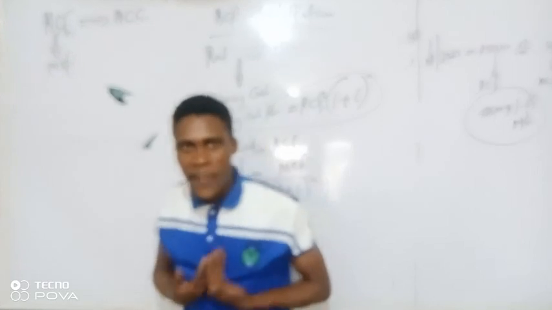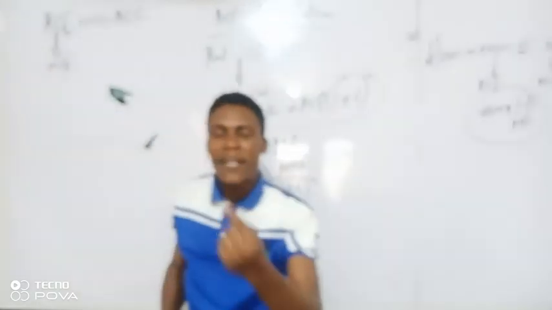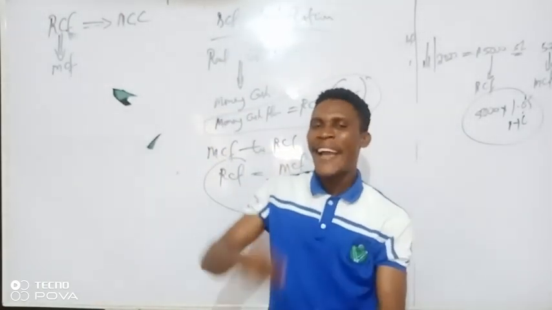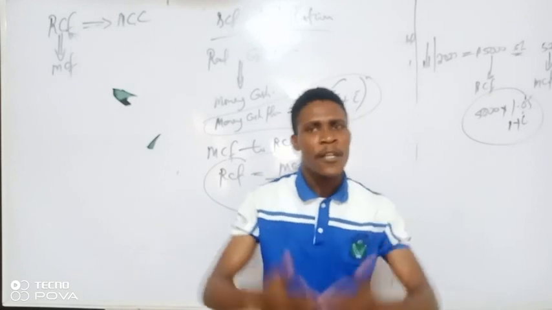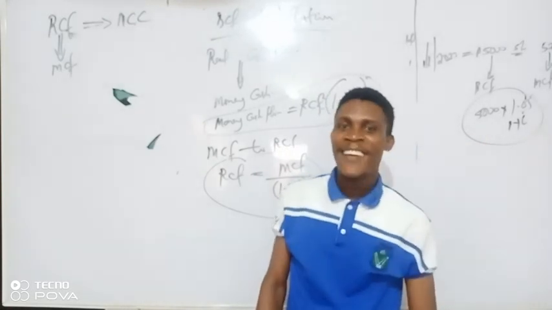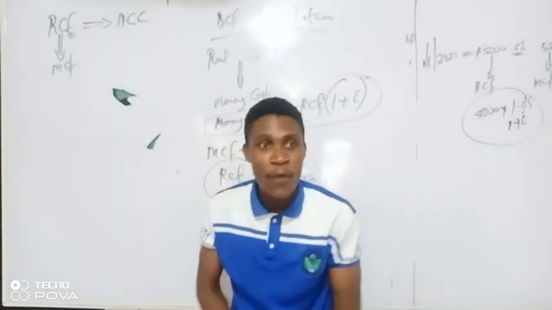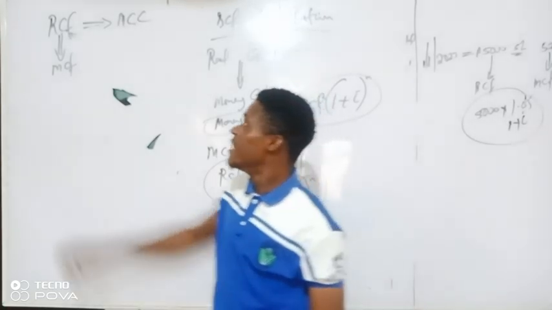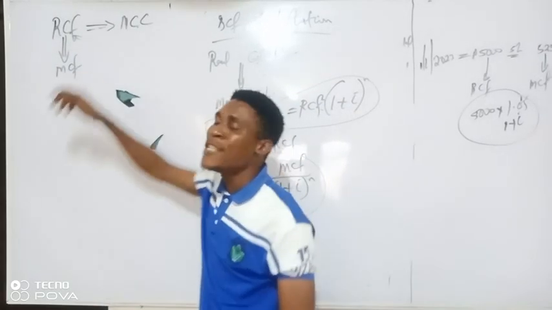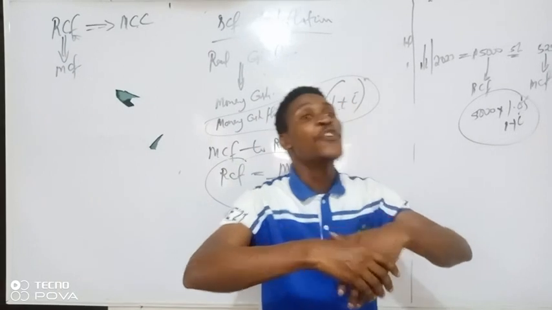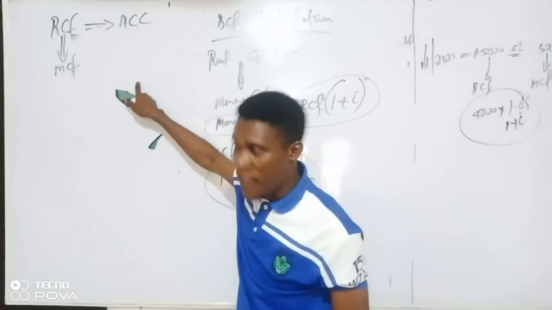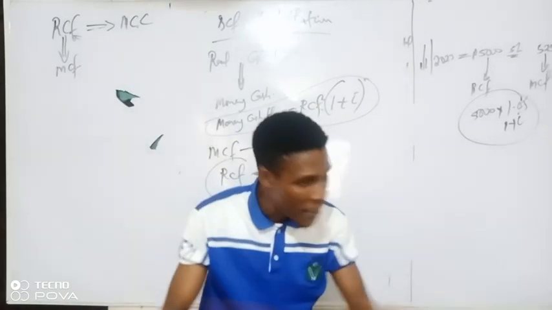I'm doing this method because, one, my variables have different inflation rates, and two, my number of years is very short. How many years? 4 years. But when you have a number of years like 20 years, 15 years, this method is not suitable. You should look for a way to deal with the fact that they have different inflation rates. You will look for a way to compare, to real and discount. I will tell you all the methods.